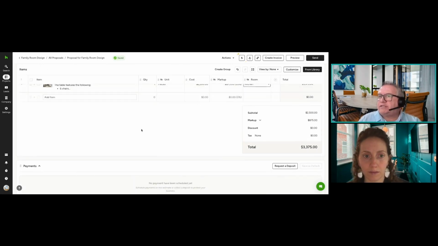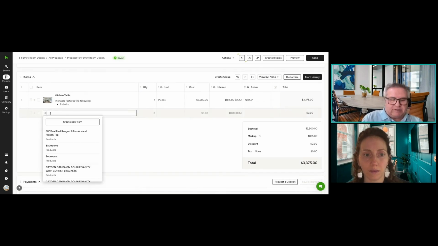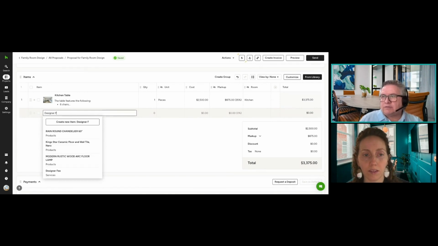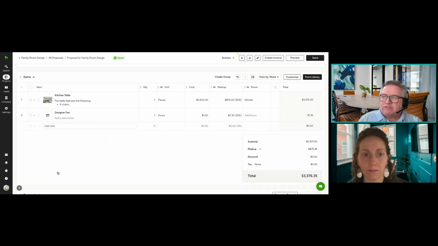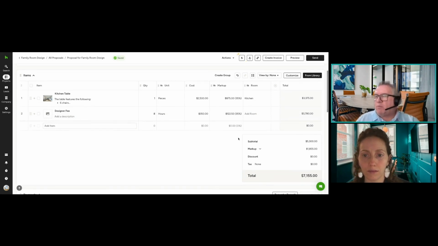Once you've added all of the details of all the different items that you intend to include, including, let's say, your designer fees. There it is. As you see, as you're adding some of this, a lot of it will be in a preloaded list. And so if you see your list, you can already add it here. So if you, let's say this takes you 8 hours to do at a rate of $3.50 an hour. Again, there you are. So you'll see your subtotal here, which is your material and labor costs, or your fee